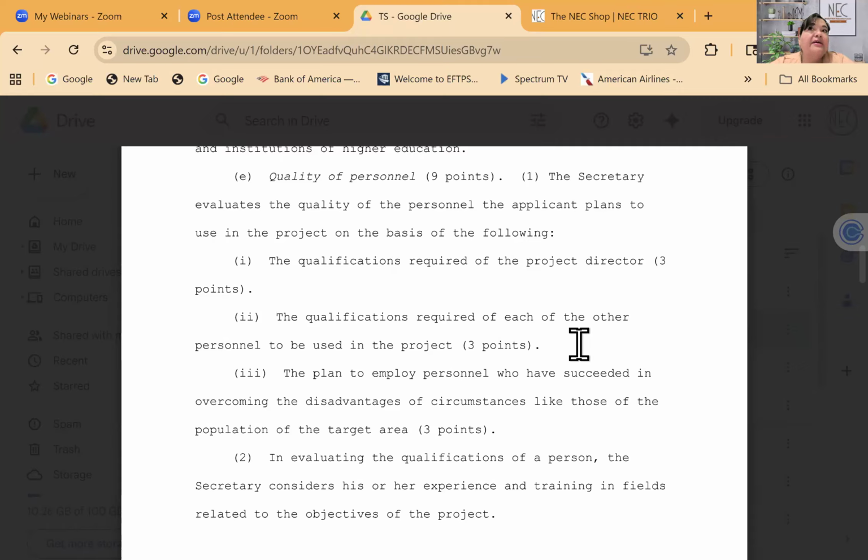And if there aren't any, then you may not be able to use too much of the job description, but that could be something that you look at in your needs assessment to realize, hey, how come there's such a disconnect between the job description we give somebody and the qualifications? So that could also be a way to spend some realistic time when you're reviewing or evaluating your quality of personnel, which is in the regulations, as compared to what HR is saying you have to utilize. So that could be another way to do it.